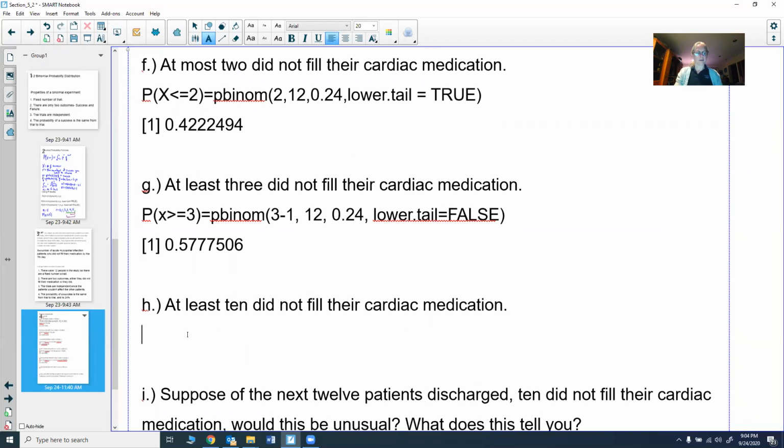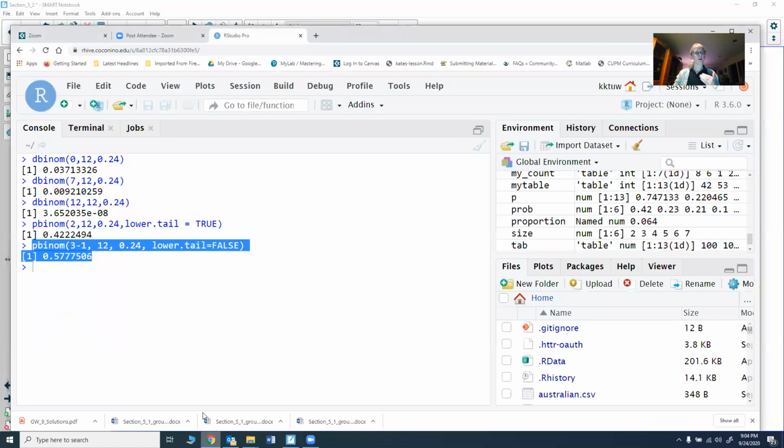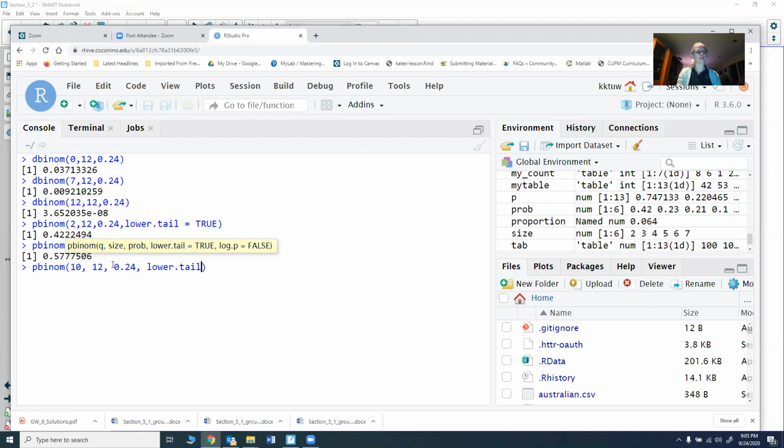Let's do one more of these. Let's do at least 10. So this would be the probability that x is greater than or equal to 10. Same kind of idea, where at least is greater than or equal to. So p binom, and you could use the up arrow on this too, by the way, I just didn't. 10 was our value, and then 12 is my n value, 0.24 is my probability, and lower dot tail equals,